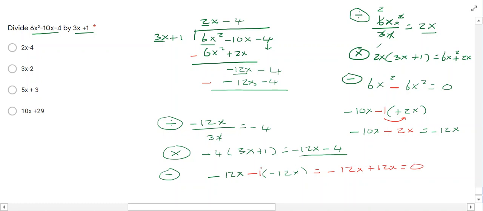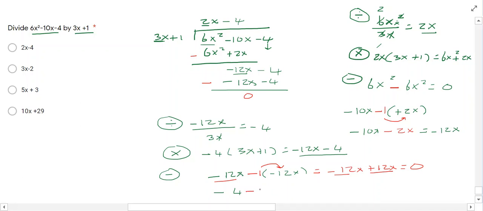So this here, remember we multiply, so minus 1 multiplied by minus 12 gives you plus 12. And then we have minus 12 plus 12 is equal to 0. So these just cancel out. So there's no remainder there. And then the same thing here. So we have minus 4